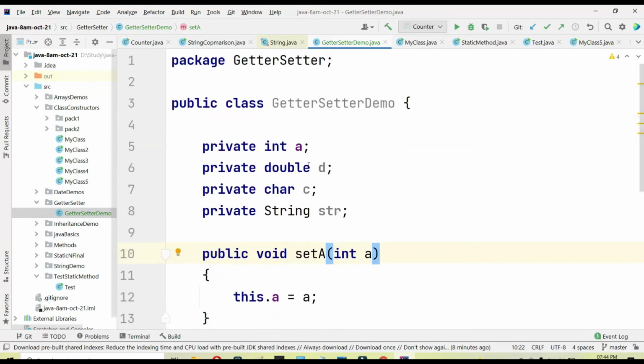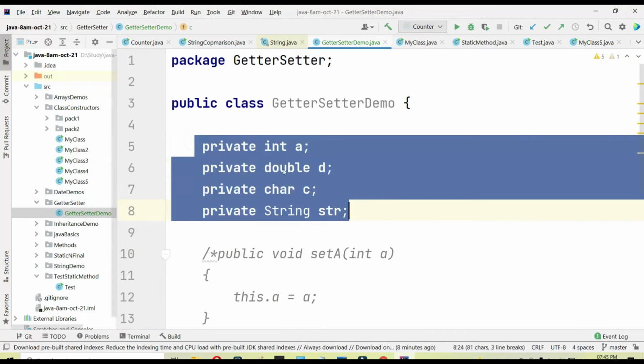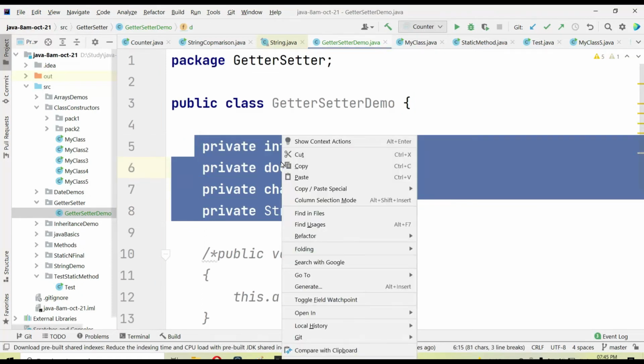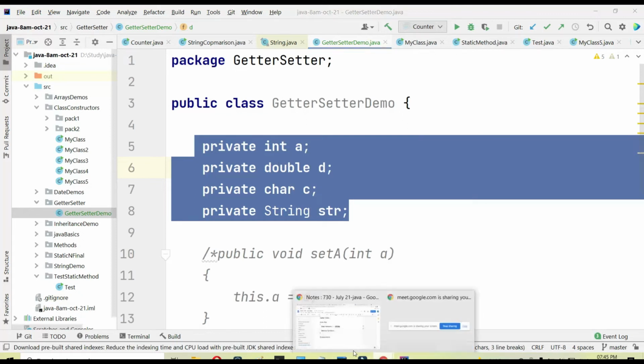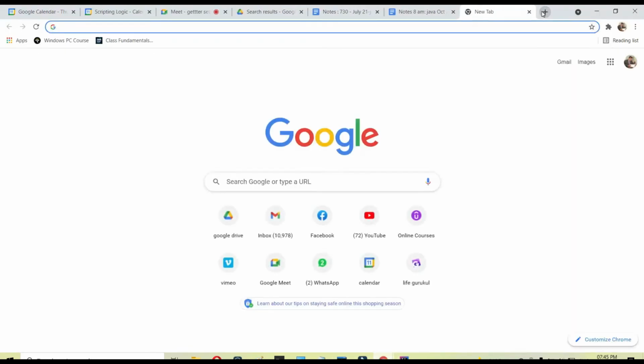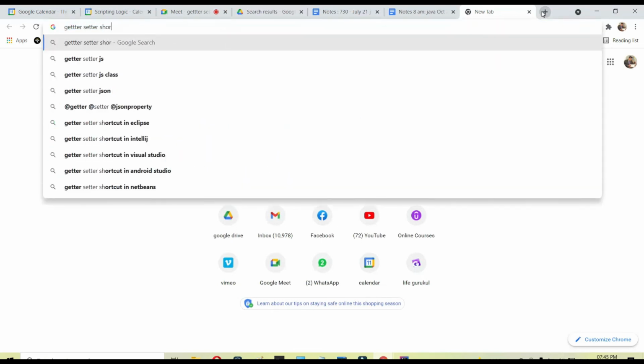But with the help of IntelliJ IDEA you don't have to manually write this. Just simply select the variables, and one shortcut is there. I just forgot what it is for IntelliJ IDEA, so let me see.